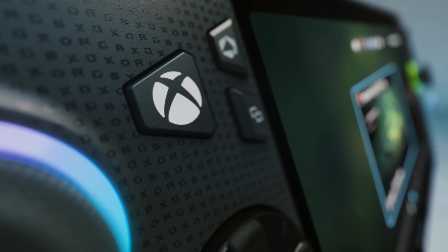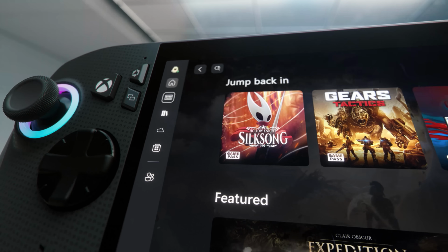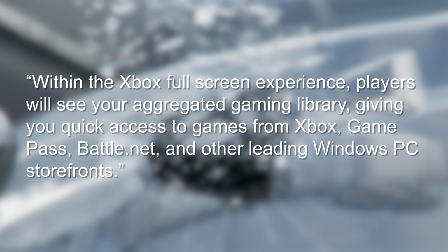I have played the new Xbox handheld created in partnership with Asus. It's called the Xbox ROG Ally X. It has Steam installed, and yes, just to be sure, I was able to access my library and install Marvel's Spider-Man, specifically Miles Morales. The full quote I was given was, within the Xbox full screen experience, players will see